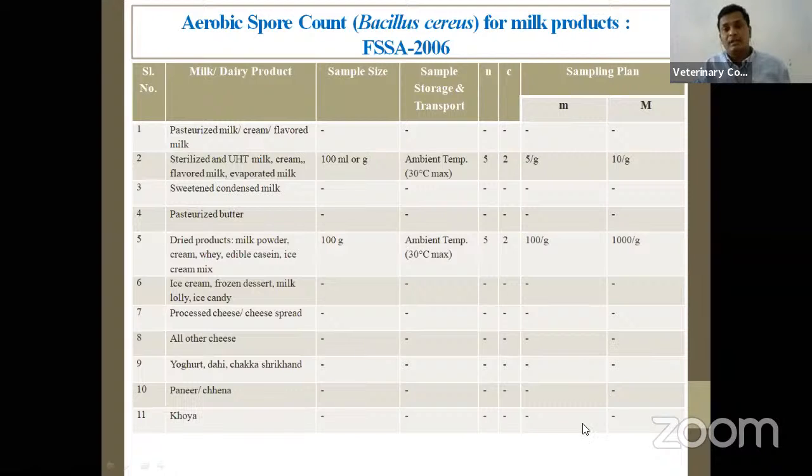At times the product has undergone some treatment, and the vegetative bacteria have been killed or have died. Under such circumstances, instead of going for the actual vegetative organism count, we go for the spore count. Spore of what? Spore of Bacillus cereus. Bacillus cereus is a potential foodborne pathogen. It forms the spore and is taken as an indicator. These are the specifications. Where a C is there, it means there are 3 classes.